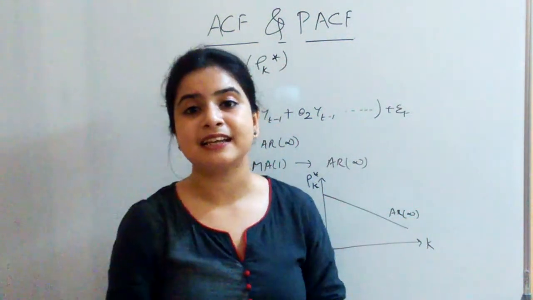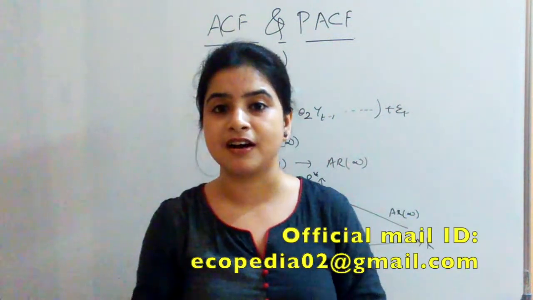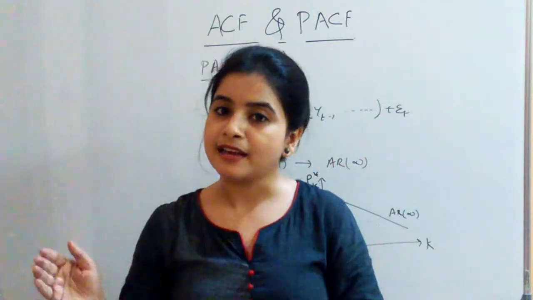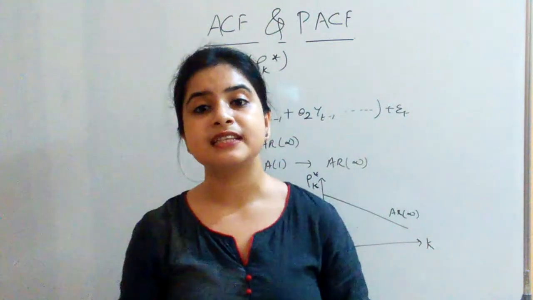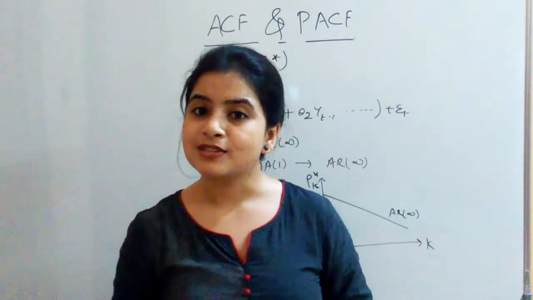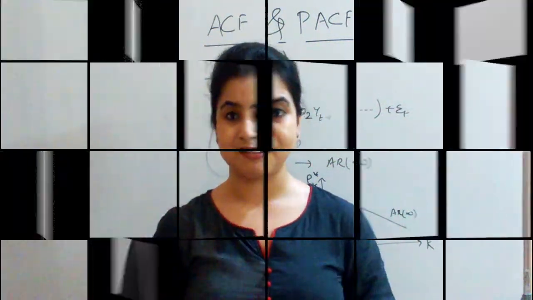Therefore it is said that if we analyze the autocorrelation and partial autocorrelation functions through the graph, then we can very easily conclude what type of stochastic series they are following. So this is the usage and the importance of the autocorrelation as well as the partial autocorrelation function. I hope you have understood every single detail of the autocorrelation function and partial autocorrelation function, and also the minor difference between them. And I hope you can now solve all the competitive questions as well as questions from your university or college level.